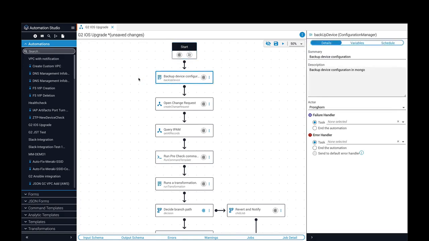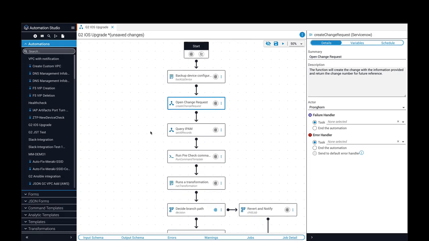Backing up the device configuration uses an API call into Itential's Configuration Manager application. Next, we can open a change request ticket into an ITSM like ServiceNow for change management. Another step is to query a source of truth like an IPAM system for information needed before the upgrade. Then, running a pre-check using a command template to ensure that the network and the device to be upgraded are